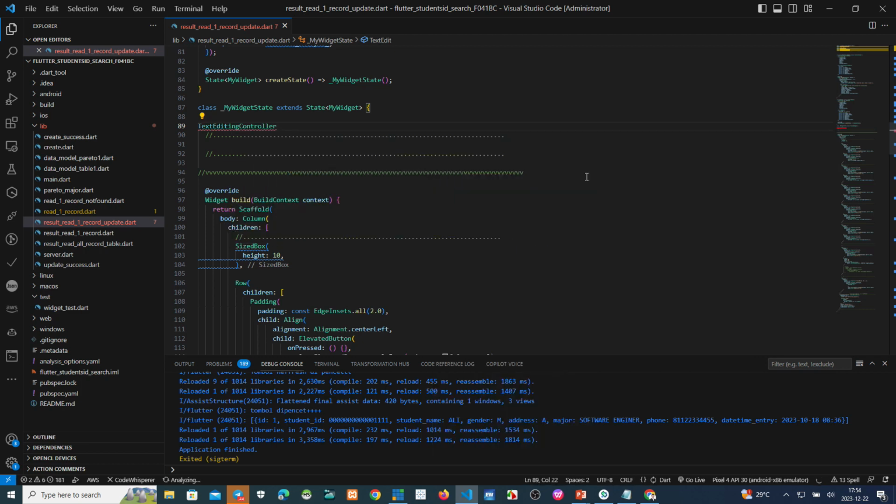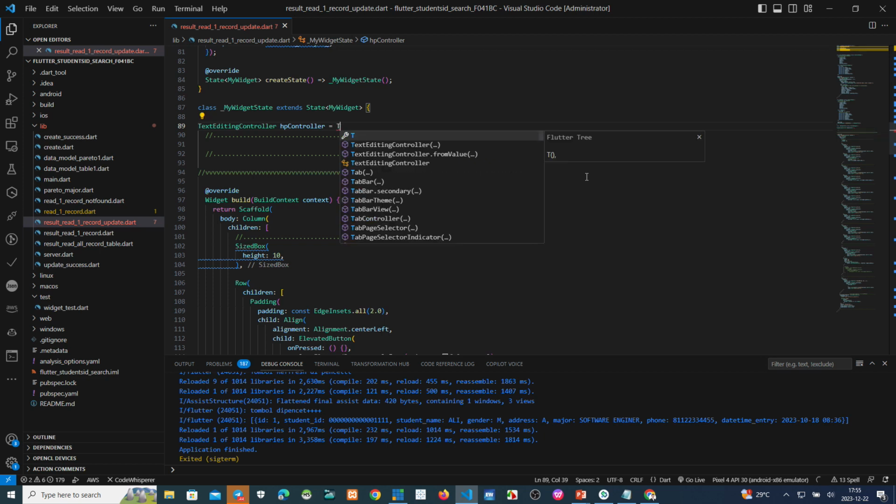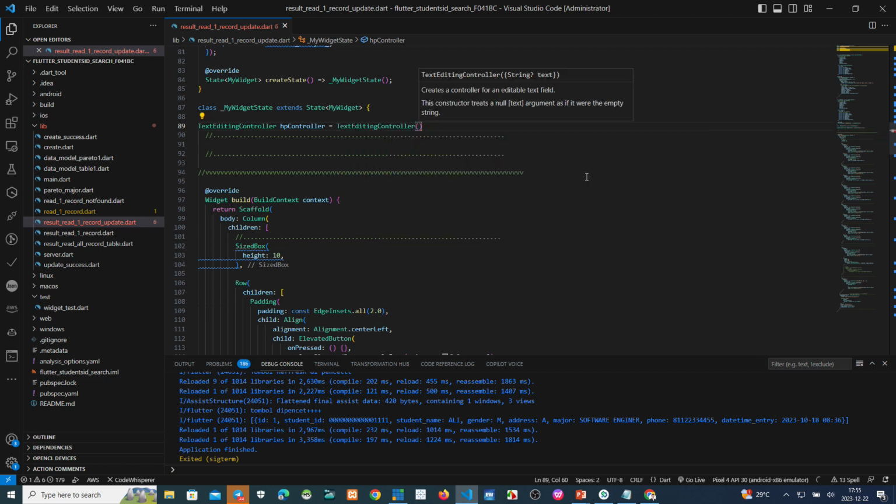Okay, this one. We make the controller name HP controller. Okay, equals TextEditingController here.